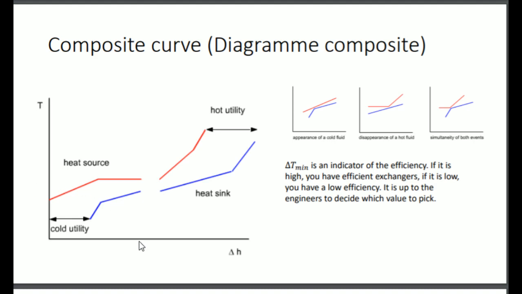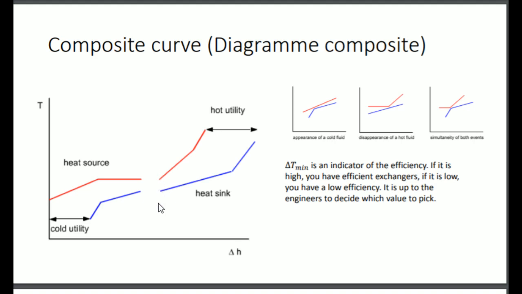Now, what is the pinch? The pinch is the place where the minimum shift between the curves occurs, where it touches. Here I remove the part with the pinch, but it means that here we have the axis of temperature. It's the minimum shift between this and this. Because if we had delta T min equal to 0, it means that the two curves would touch. And if they would touch, it means that you have an extremely high quality heat exchanger in which you have a perfect exchange.